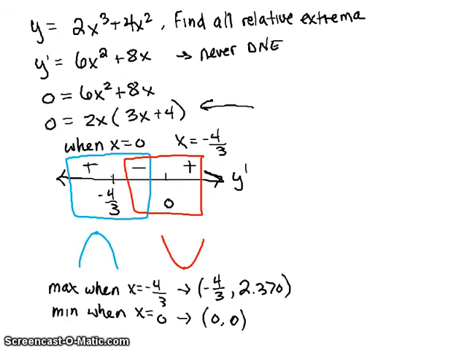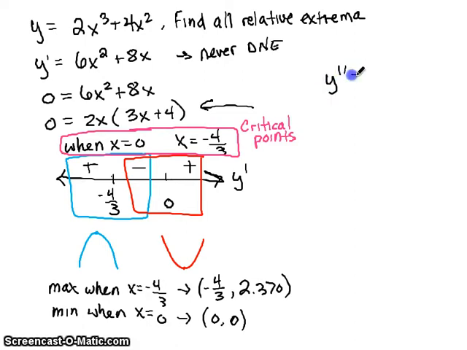So we want to start with our critical points when we're thinking about maximums and minimums. So if we know where our critical points are, you still have to take the first derivative, set it equal to 0, find when it's undefined. But once you get these x values that are critical points, you can use the second derivative to find out if they are maximums or minimums without using our number line. So how we would do that is we would take our second derivative. So our second derivative is going to be equal to 12x plus 8. If you were to take those critical values and plug them into our second derivative,